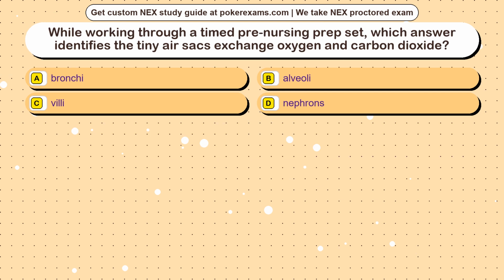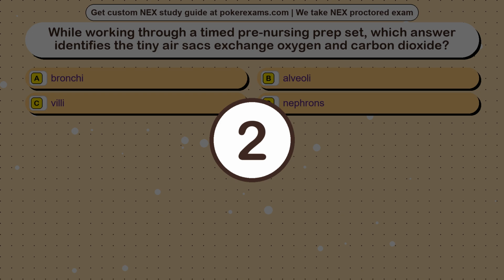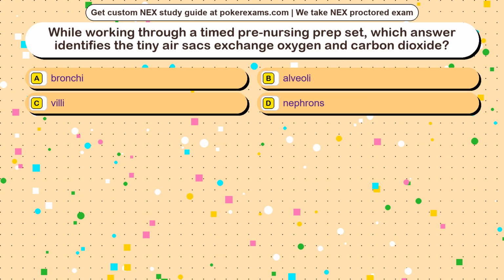Question 8. While working through a timed pre-nursing prep set, which answer identifies the tiny air sacs that exchange oxygen and carbon dioxide? Option A, bronchi. Option B, alveoli. Option C, villi. Option D, nephrons. The correct answer is option